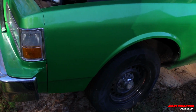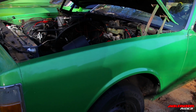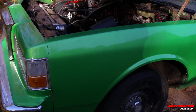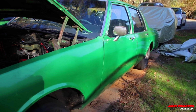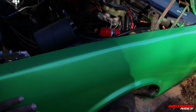That's a good thing, on some hard top cars, period. But this is an ex-police car. No chrome to worry about, so you ain't got to worry about that rust getting right here and all that, versus the ones with the chrome on them. You gotta check that out. Or you're taking a chance with the door, cause like I said, ain't nobody gonna let you pop the chrome off of their car. So you just go down